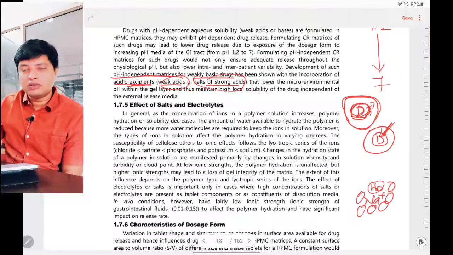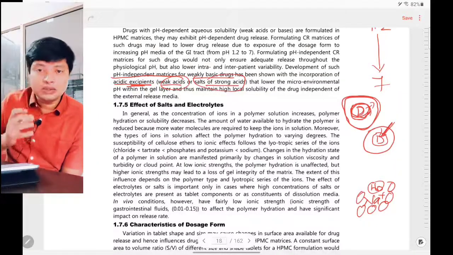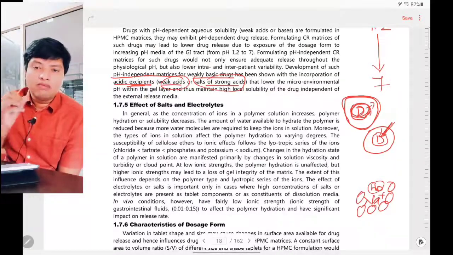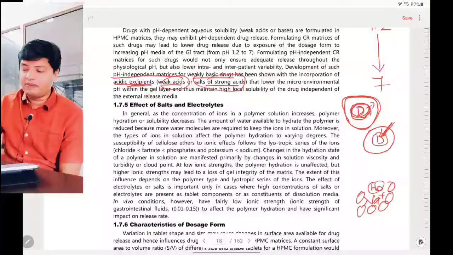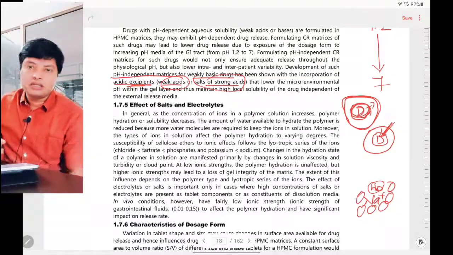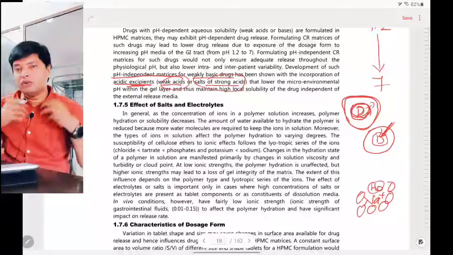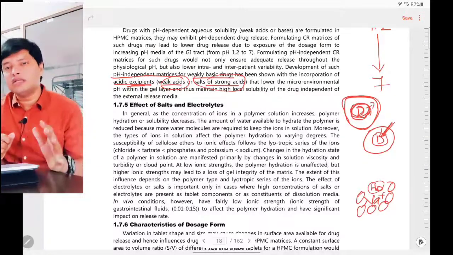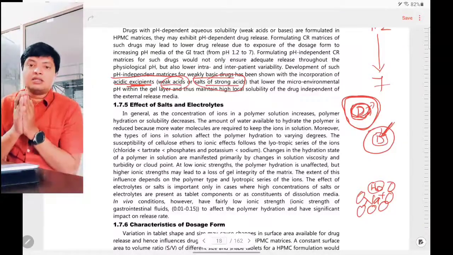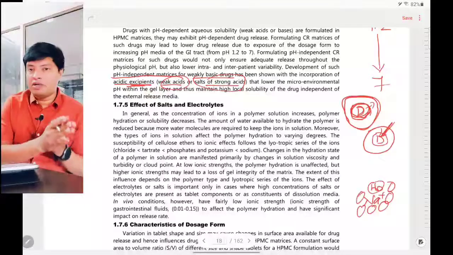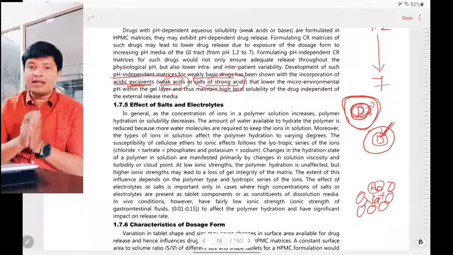So all water molecules will be withdrawn towards it, and there will be less water molecules available for the hydration of the polymer which we are using in the controlled drug delivery system. Due to this, the polymer will not swell, there will be no gel formation, and there will be no release of the drug. In certain cases, there will be total failure of the formulation. To avoid this,